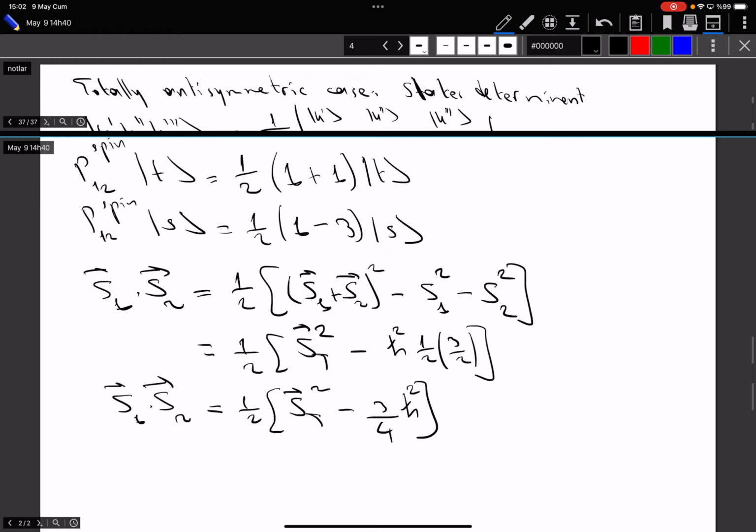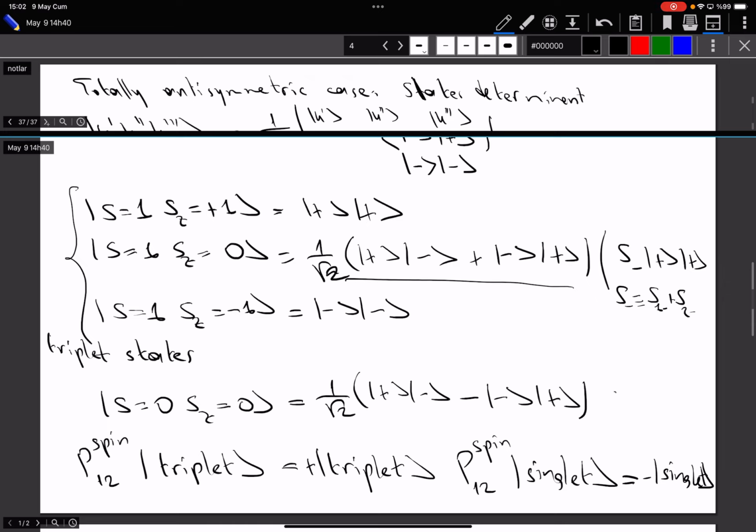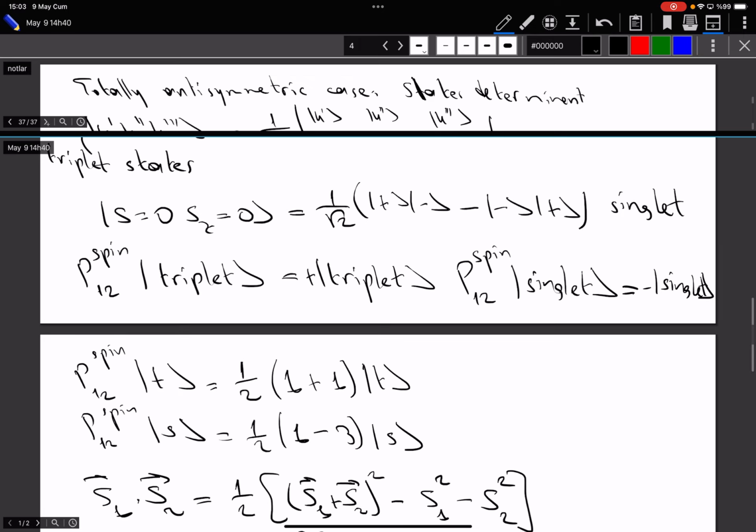How does the triplet state have a singlet state? It never becomes 0, does it? So this is the singlet. The total spin can be 2? No, in this case the total spin is 1. I have 2 spins, 2 electrons. I only have 2 electrons, I didn't start talking about 3 electrons. Their total spin can be 0 or 1. I have 3 states with total spin 1, that's why it's called triplet, and 1 state with total spin 0,